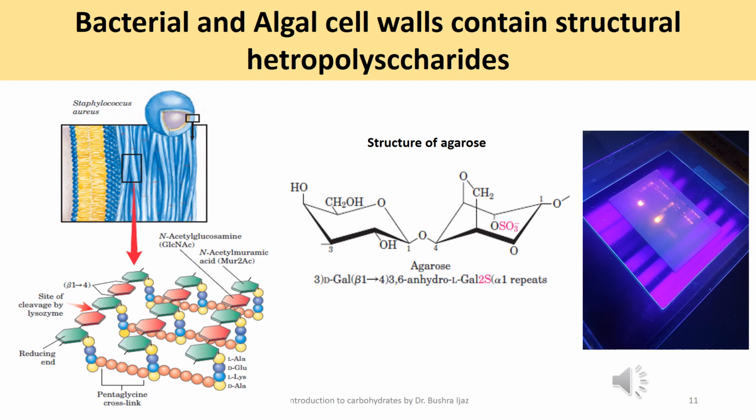Penicillin and related antibiotics kill bacteria by preventing synthesis of the cross-links, leaving the cell wall too weak to resist osmotic lysis. Now, certain marine red algae, including some of the seaweeds, have cell walls that contain agar. That is a mixture of sulfated heteropolysaccharides made up of D-galactose and L-galactose derivatives, linked at either carbon number 3 or carbon number 6.